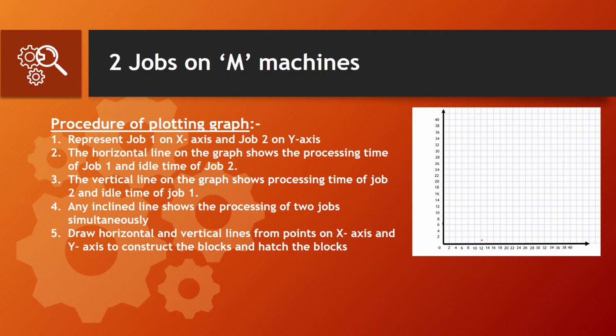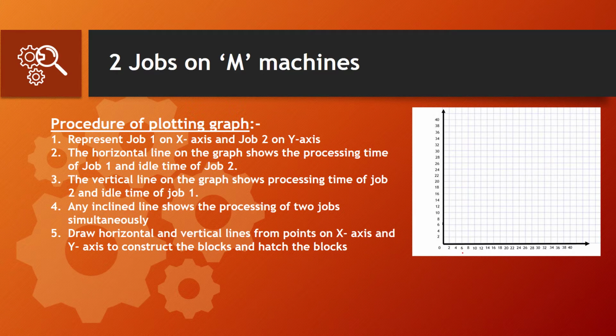So let us look into the two jobs on M machines type. For every problem there is a common set of procedures which we need to follow in order to solve the problem. Here the main thing is there will be two jobs which need to be processed on the same set of machines, and we need to find the sequence in which these jobs are placed on the machines, so that we'll have the least processing time at the end,